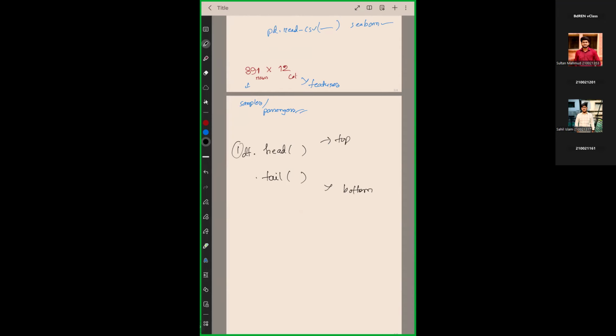So if you want to check only the last 3, you can write tail(3). It will show you the last 3 rows. If you write 13, it will show you the last 13 rows. That's the simple function. You can check the top 5 rows, top 10 rows this way. ওকে, চেক করে দেখো, একটা নতুন সেল করে রান করে দেখো, দেখা যায় কিনা।